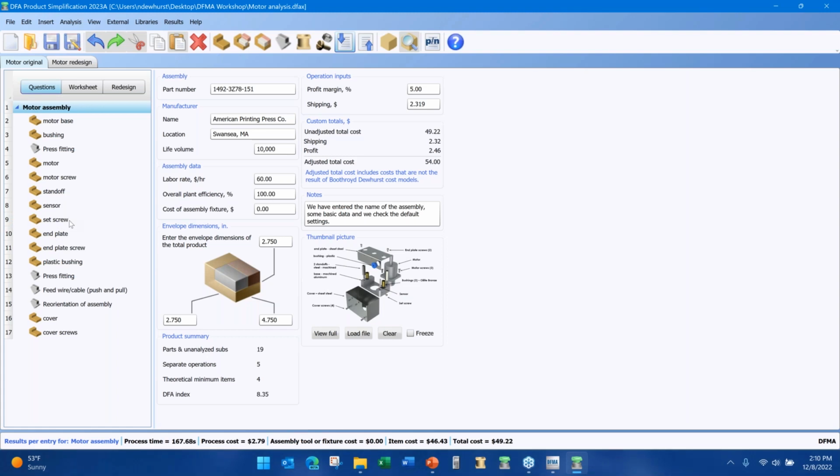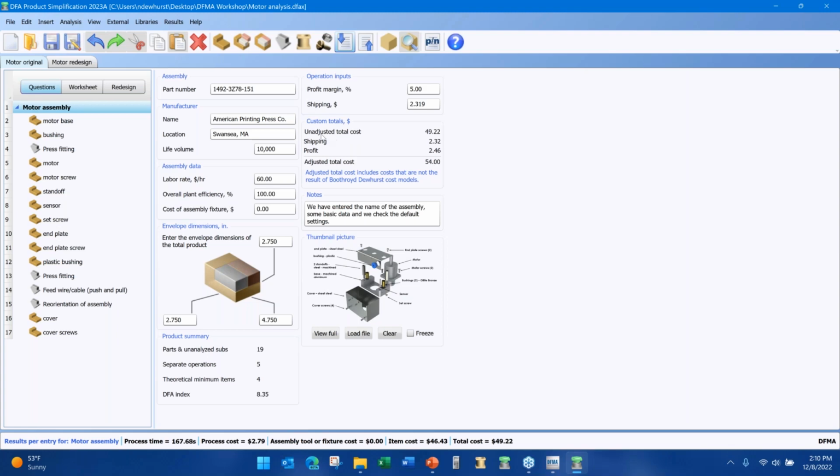Now, the big change that we've incorporated into DFA, and you may notice it here, or you may not if you're not paying close attention, is that we have included the custom user data library feature that we included in the Design for Manufacture software a year or so ago, so that you can now add your own costs to an assembly analysis to roll up, I'm not going to say a better total, but a different total. And so you can see over here on the right-hand side in this response panel, there's a box here